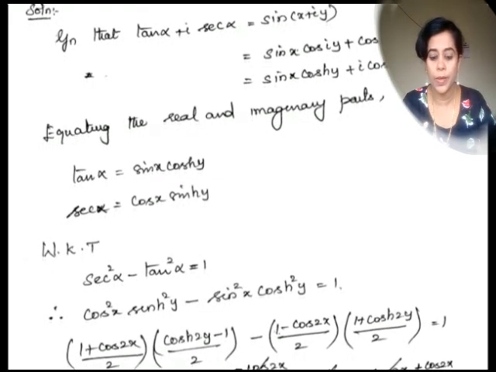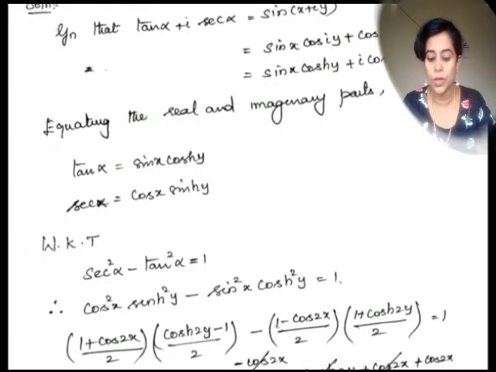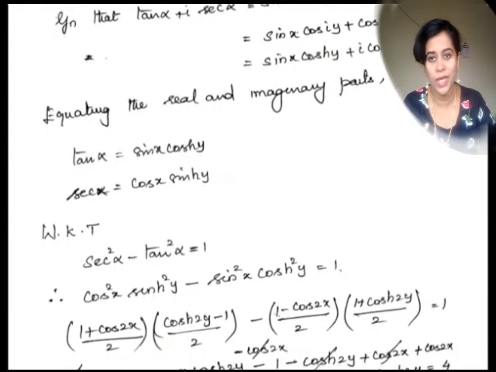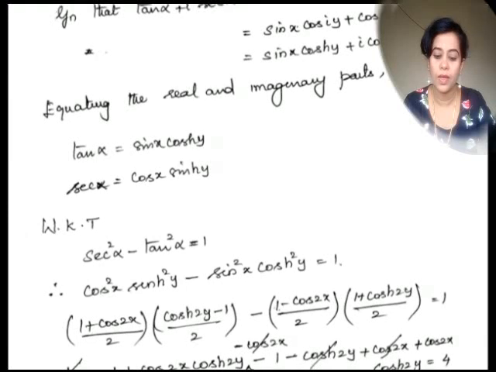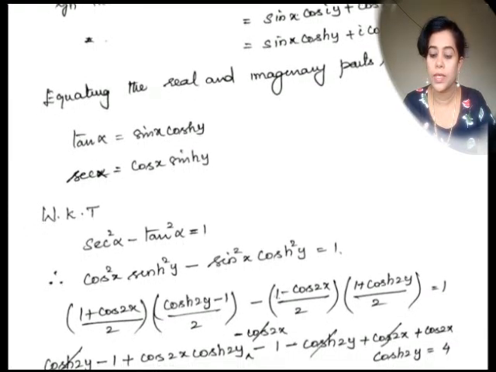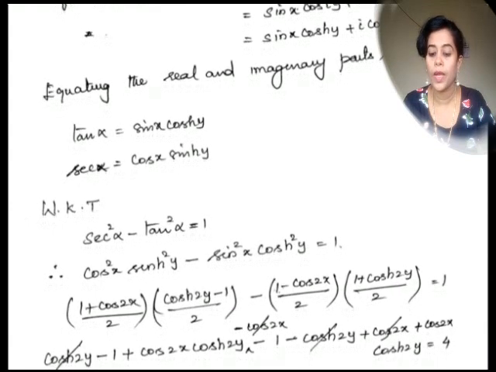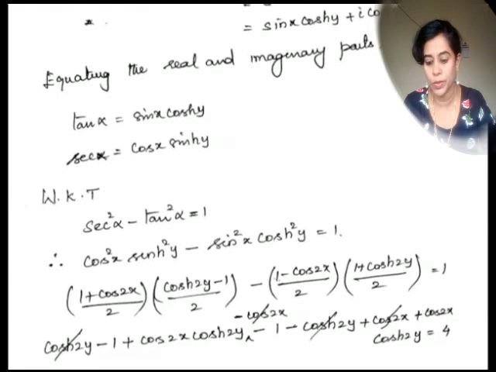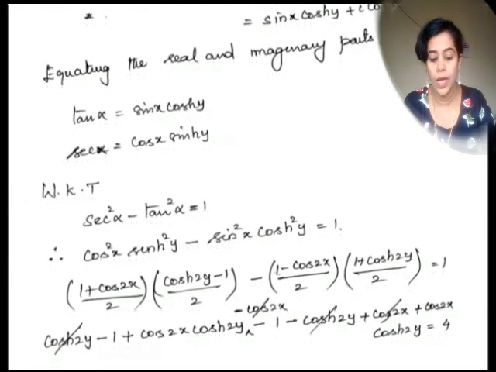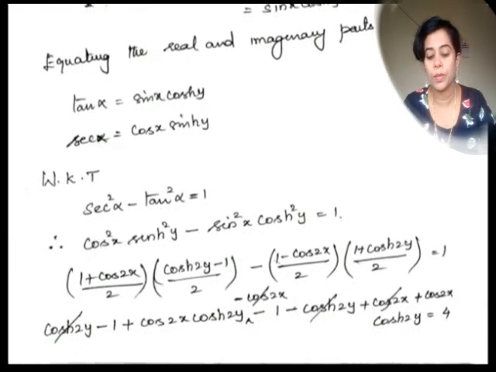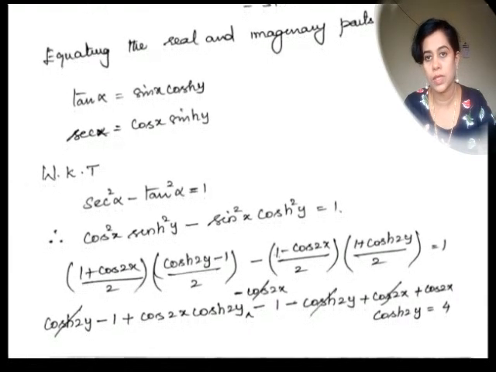And here I can replace cos squared x by 1 plus cos 2x by 2 and sin h squared y by cos h2y minus 1 by 2. Minus sin squared x, which in terms of cos 2x is 1 minus cos 2x by 2, and cos h squared y is written as 1 plus cos h2y by 2. And simplifying, there are two terms, both having 2 as the denominator,